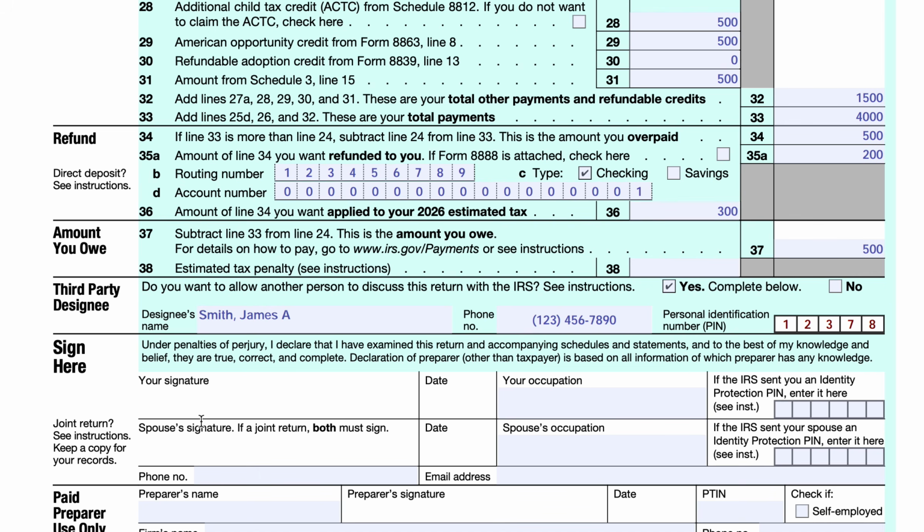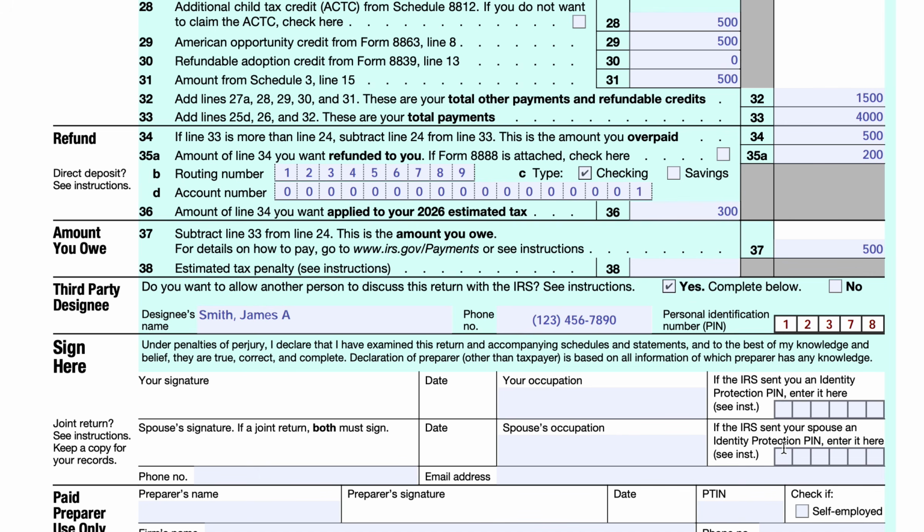Next is the signature field. If you are married, both spouses will sign, date, put in your occupation, and if you have an identity protection PIN, the 6-digit number, you would put that here. You would know that because you've received a CP01A notice, or you can log into your IRS online account to pull down your PIN. If both spouses have a PIN, they each have a separate PIN, so they can't use the same PIN, and the joint tax return will be rejected if both PINs are not